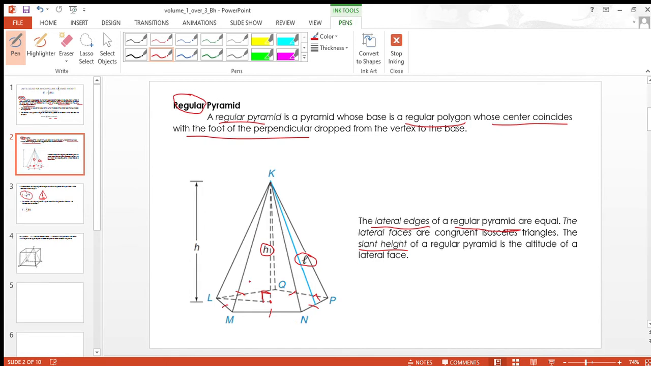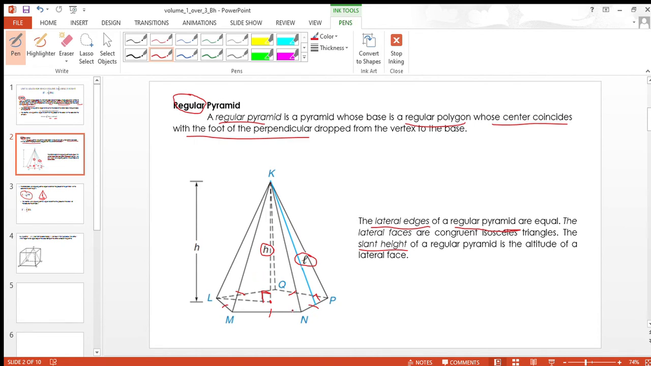1, 2, 3, 4, 5. So you now form 5 isosceles triangles. If you take the lateral surface of this, you get the area of one isosceles triangle times 5. If you get the area of this isosceles triangle, it's 1/2 base NP multiplied by its height, which is L. But if you want to get the total lateral surface area,